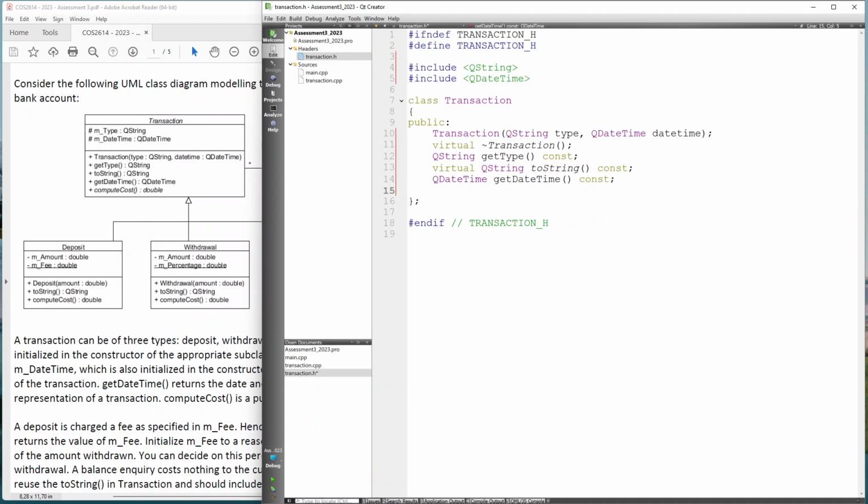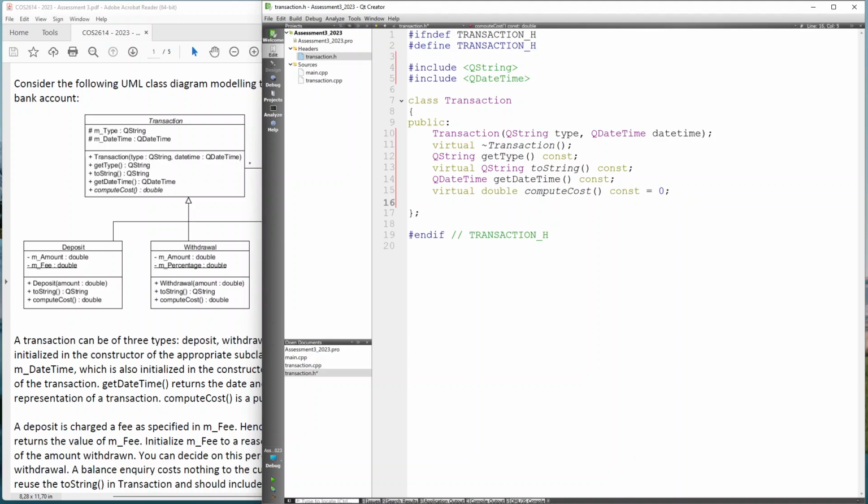And then remember now compute cost is a data type of double, and you can see it's in italic, and so that italic is supposed to represent that it's a virtual function. Alright, so this one we say virtual, and we've got a double, and we say compute cost const, and I'm going to initialize it to 0. Okay,